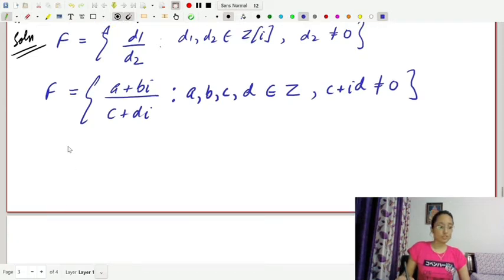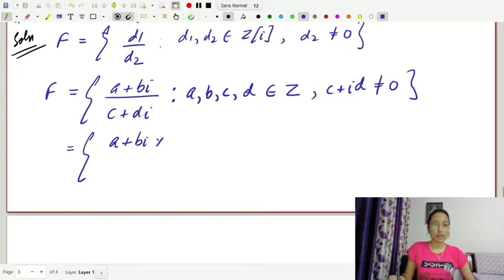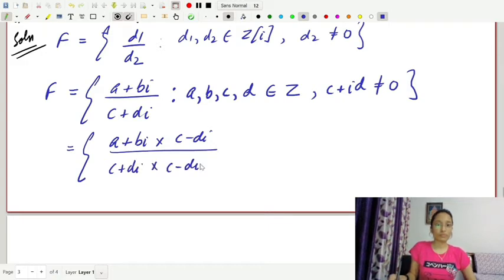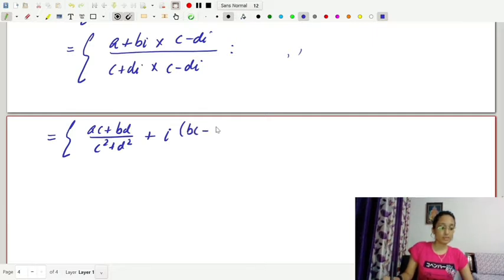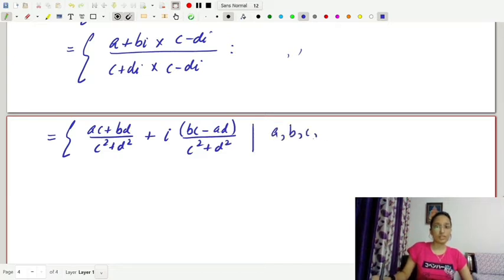Now, which in turn implies that if I rationalize it, multiplying by C minus D iota and dividing by it also, which in turn implies (AC plus BD) over (C square plus D square) plus iota (BC minus AD) over (C square plus D square), such that A, B, C and D belong to integers, which in turn implies